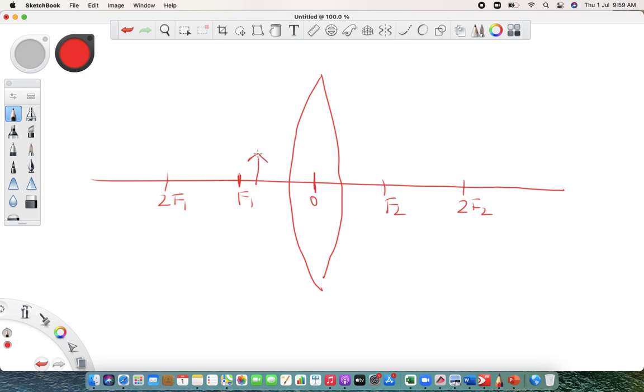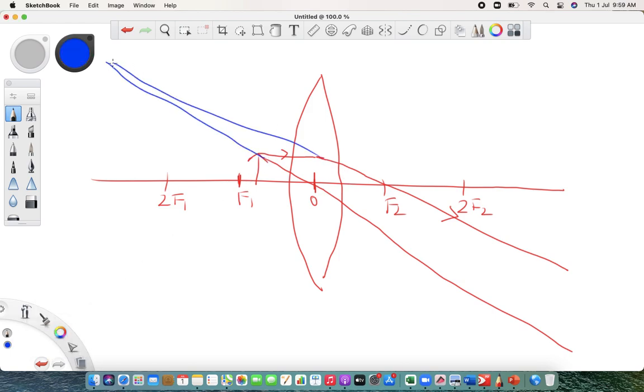So here again you have to take a ray parallel to the principal axis, but as you know, after refraction it goes through F2. Fine. So this is what you understood. And the second ray we send from the optical center. But as you see, they both are divergent rays, so they are never going to meet in front of the lens. So we have to extend them. When you extend them, they will meet behind it. So this is where you will get your image.